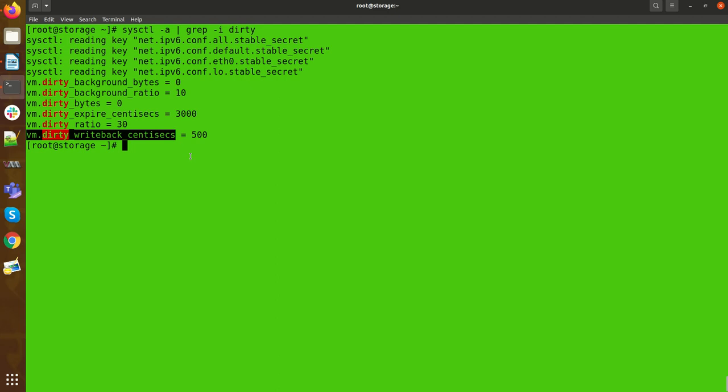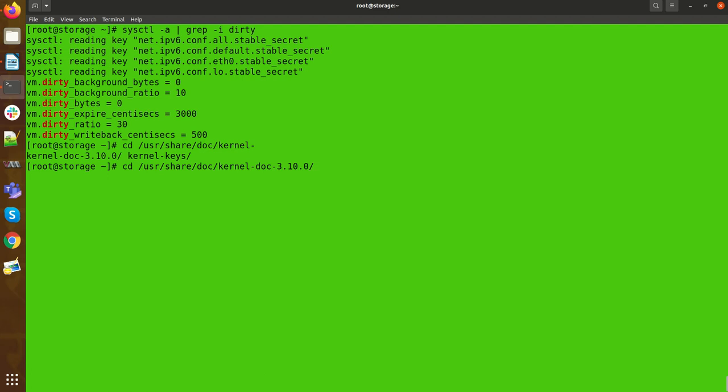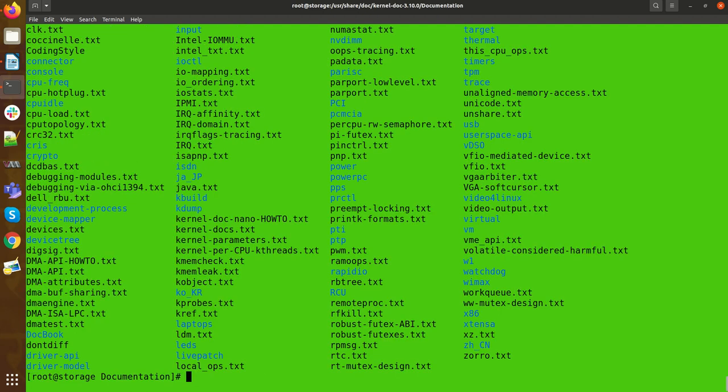Okay, so after installing that kernel doc package, you will get documentation where you can go and read all these things. Here is a huge documentation. You don't need any kind of book. Here you can find everything related to the kernel.